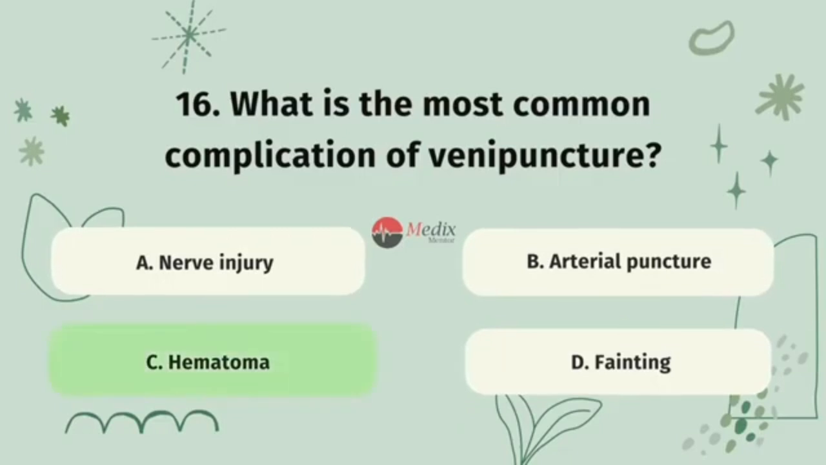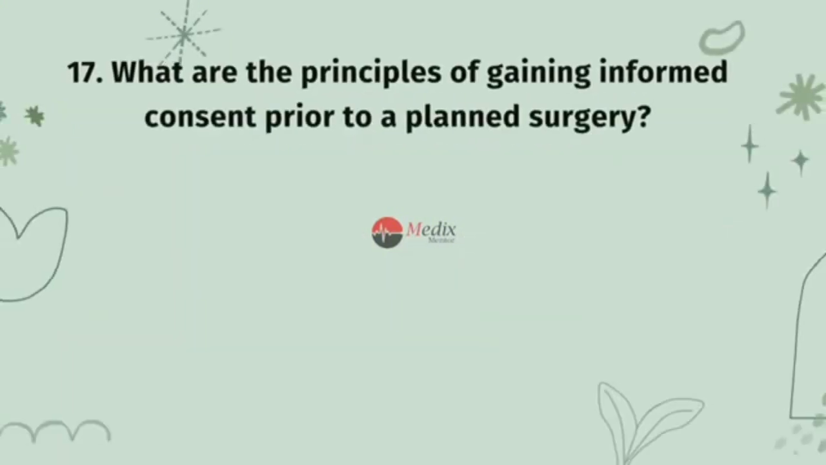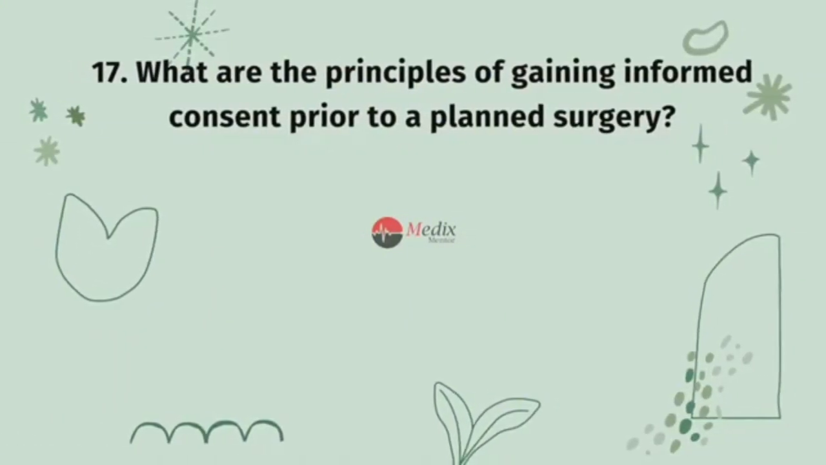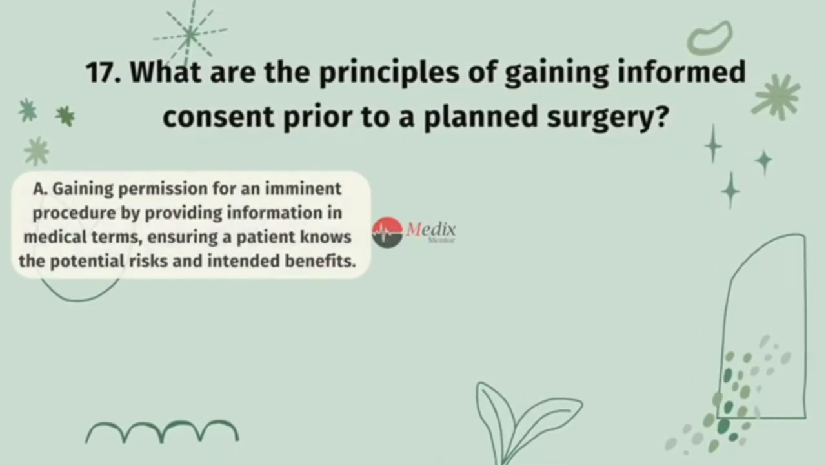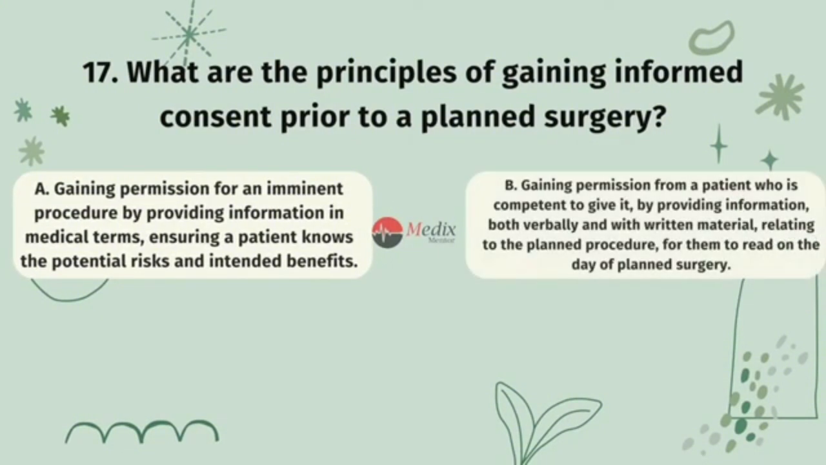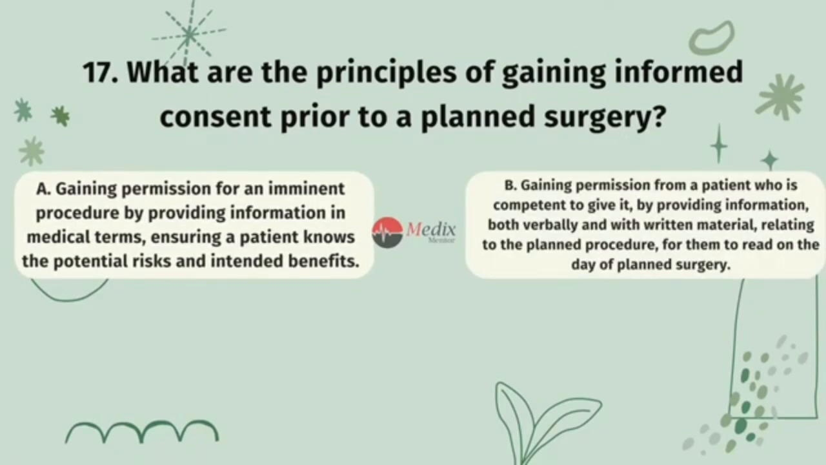The correct answer is C. Question 17. What are the principles of gaining informed consent prior to a planned surgery? Option A, gaining permission for an imminent procedure by providing information in medical terms, ensuring a patient knows the potential risks and intended benefits. Option B, gaining permission from a patient who is competent to give it by providing information,